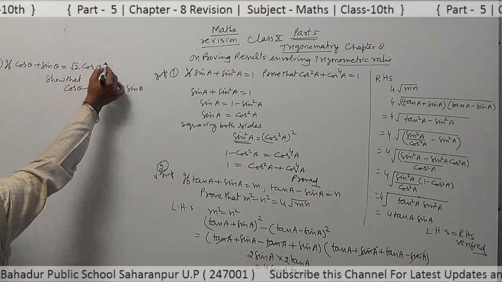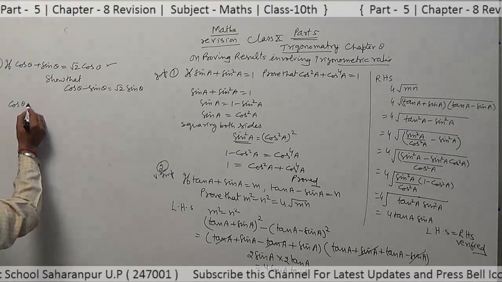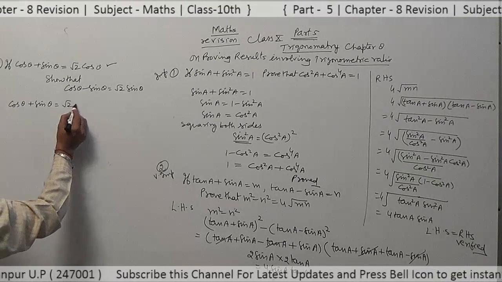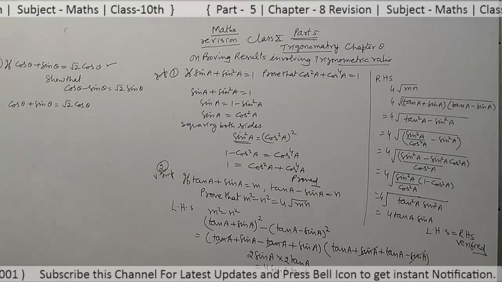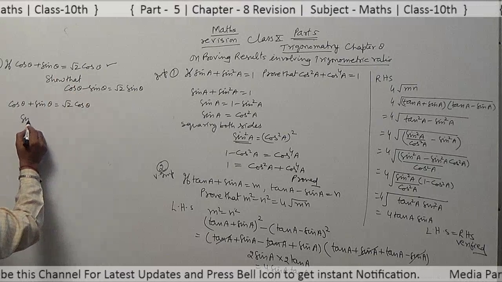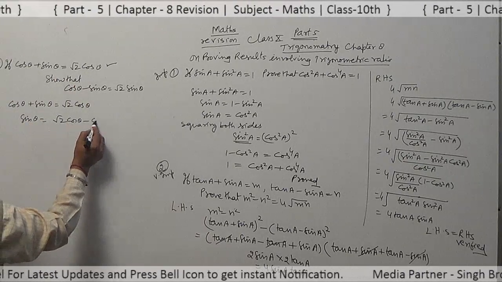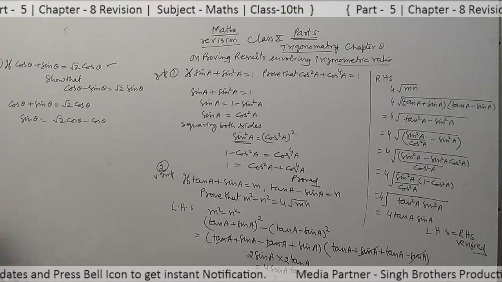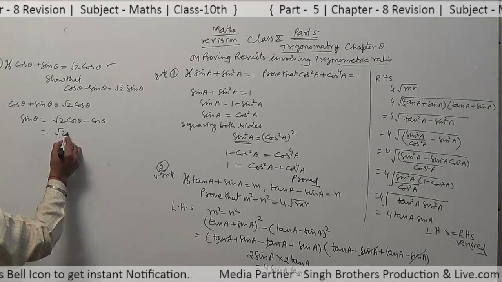By using this, we will prove this one. Cos theta plus sin theta is equal to root 2 cos theta. Take cos theta on the right side, root 2 cos theta minus cos theta. Taking cos theta common,